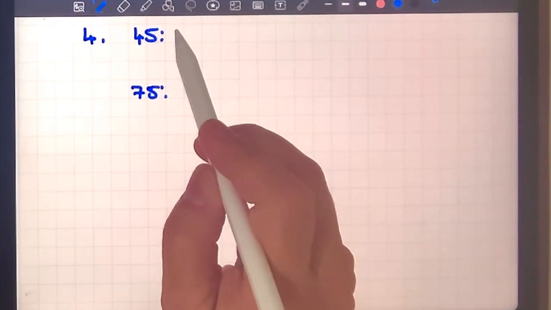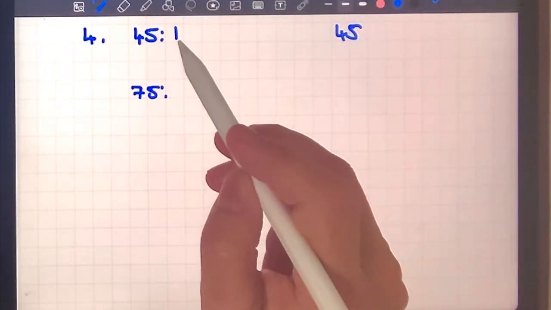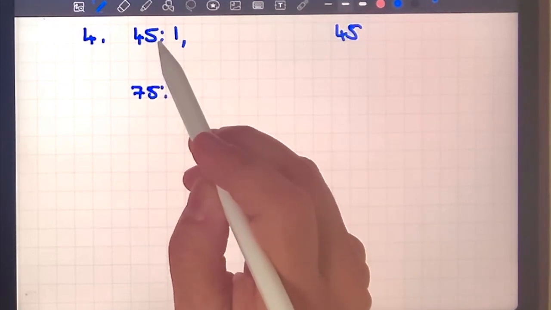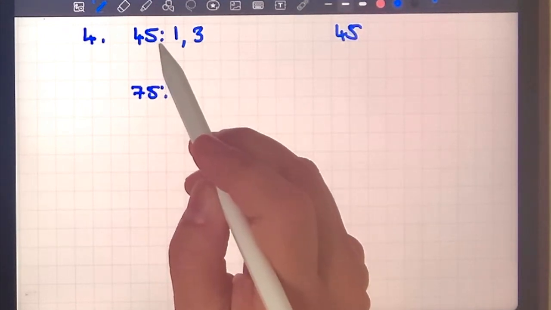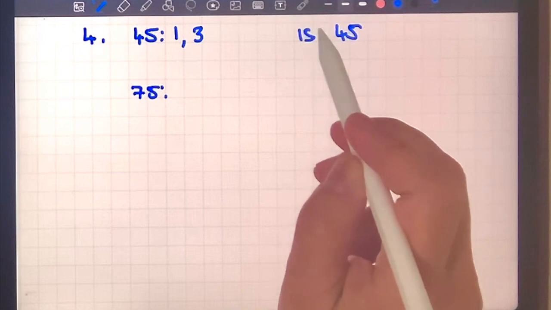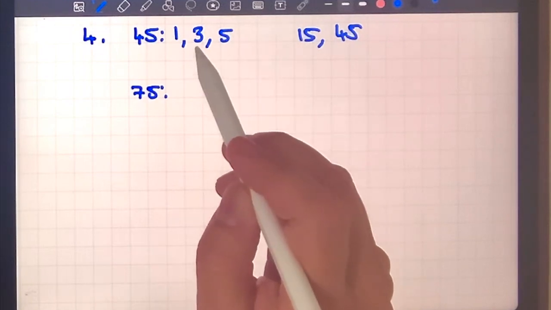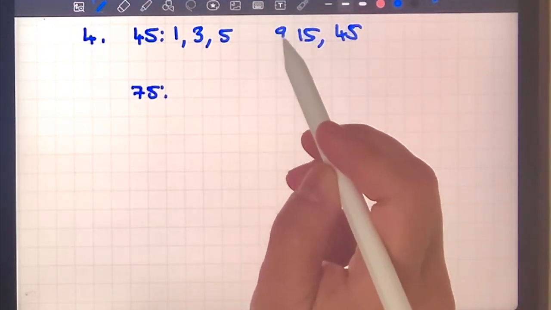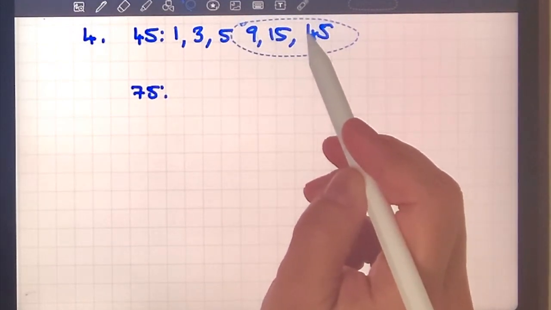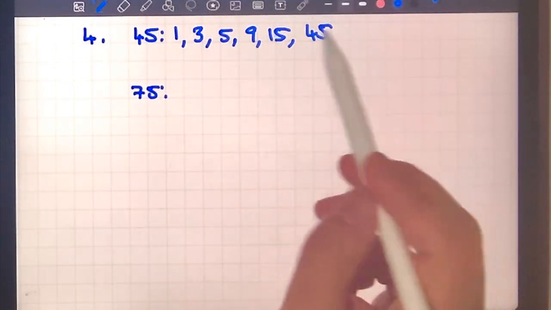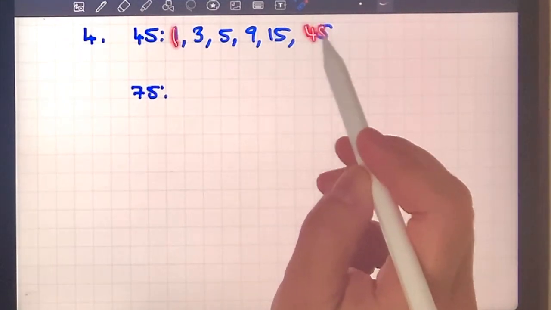Again, as always, I'm going to start with 1 and the number itself as my first 2 factors. Now, this is not an even number, so 2 is not going to be a factor. 3 is a factor, and 3 goes into 45 15 times. My next factor is 5, which goes into 45 9 times. And those are my factors. So I'm going to line them up and just double check that I haven't left anything out. So 1 and 45 pair up